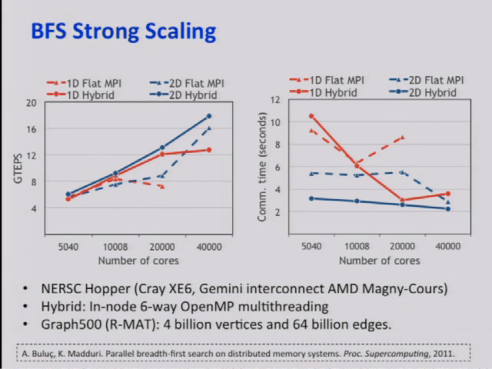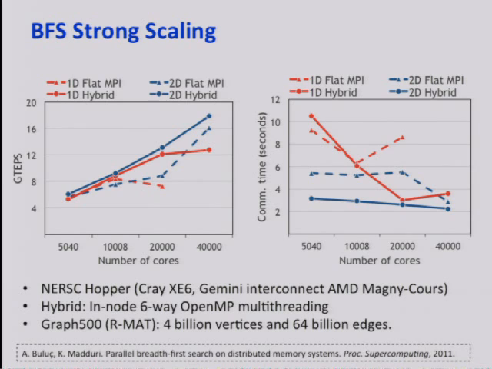On the left side, you see the performance rate that includes everything. Gigateps is billions of edges traversed per second. On the right, you see communication time. This time, lower is better. So in both of the cases, we see that the two-dimensional hybrid algorithm, where hybrid means inside a single chip you do multi-threading, and in between chips you're doing MPI communication,